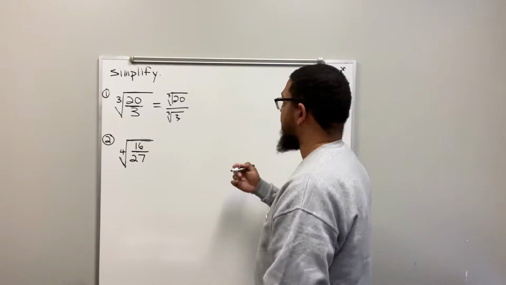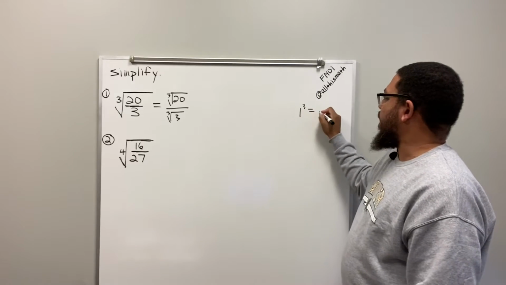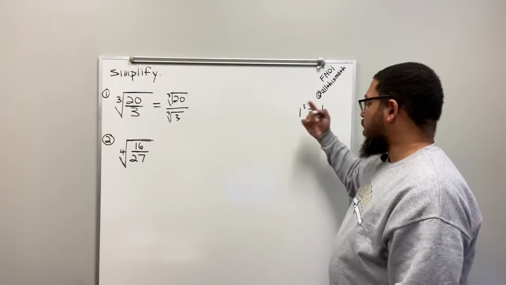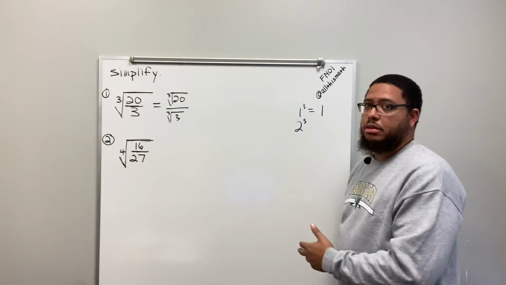Just write a list like I'm about to do. So what I would do is I would say, okay, 1 to the 3rd power, that's 1, because 1 times 1 times 1 is 1. Then I go up in numerical order. 2 to the 3rd power. That's going to be 8, not 6.